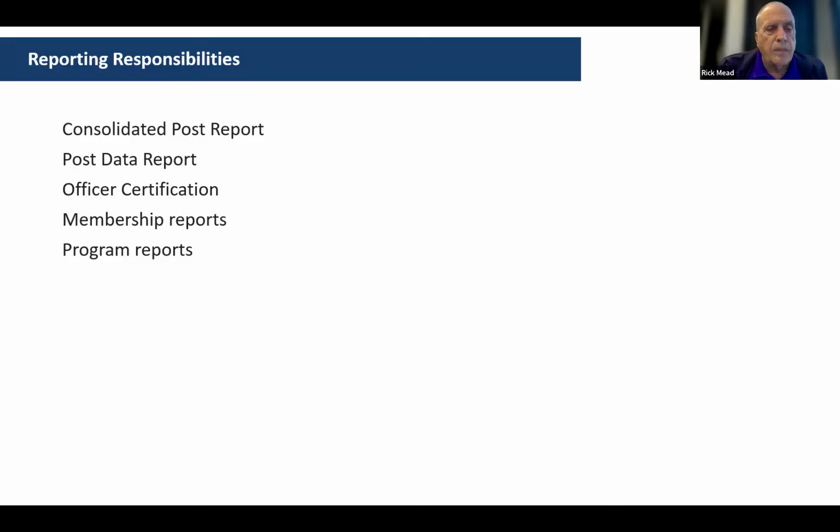Okay. So then membership reports and program reports. Any programs that you are actively involved in within your post, whether it's Be the One, whether it's a VANR chair that you've got within your post for that part of the program, whether it is scouting, whether it is shooting sports, it doesn't matter what it is, but if you've got somebody in your post that is helping with a program, they should be providing regular reports to the post on those activities,